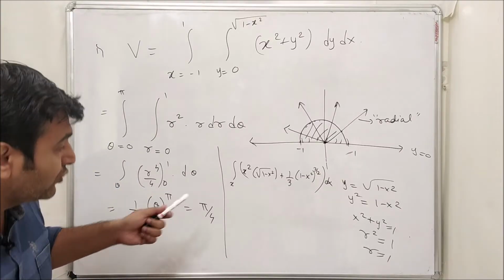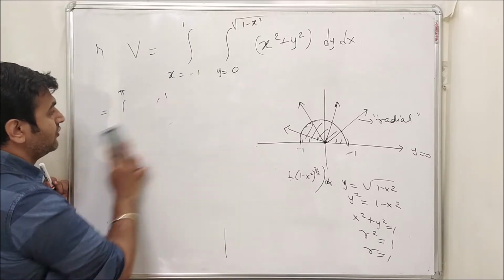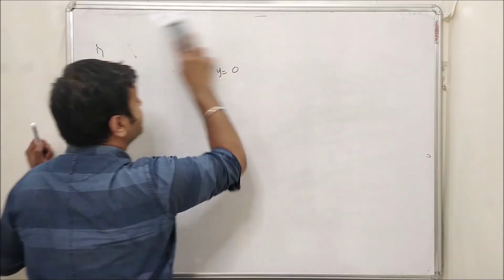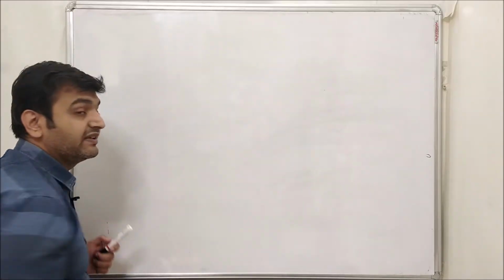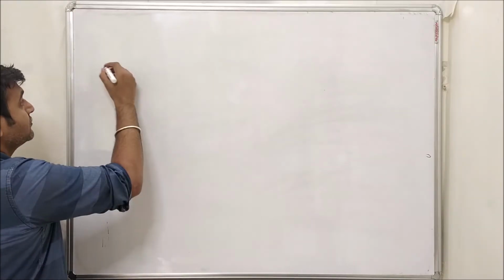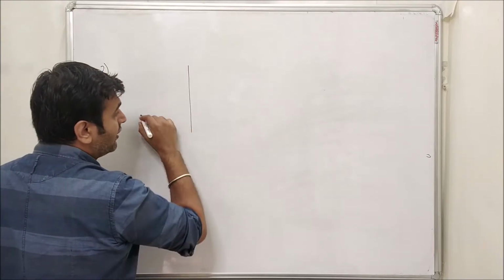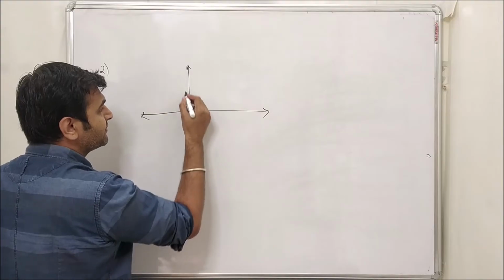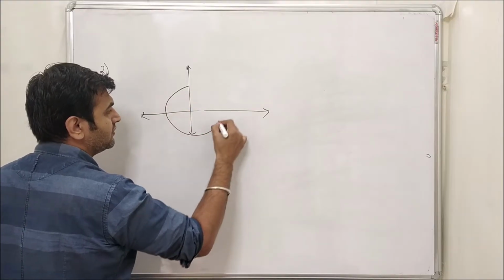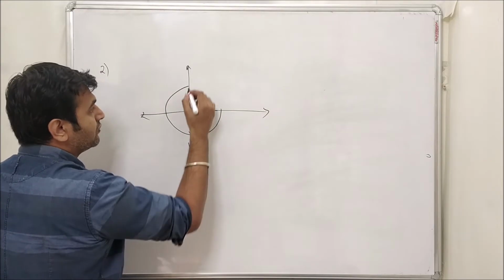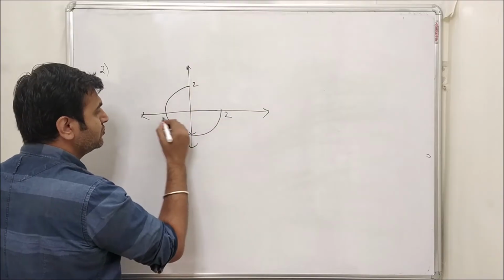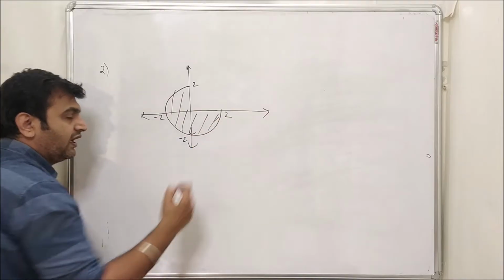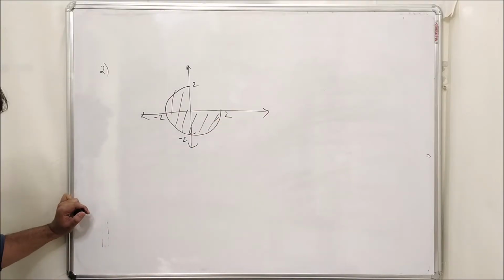Okay, now let's take some more examples on how to find the limits. Integration you can easily solve, but the question is one should be comfortable in finding the limits using polar. Suppose I give you an example where I have part of a circle only. Let me take a circle of radius 2, minus 2, and suppose this is the region you have. You want to find the limits of r and theta, right?